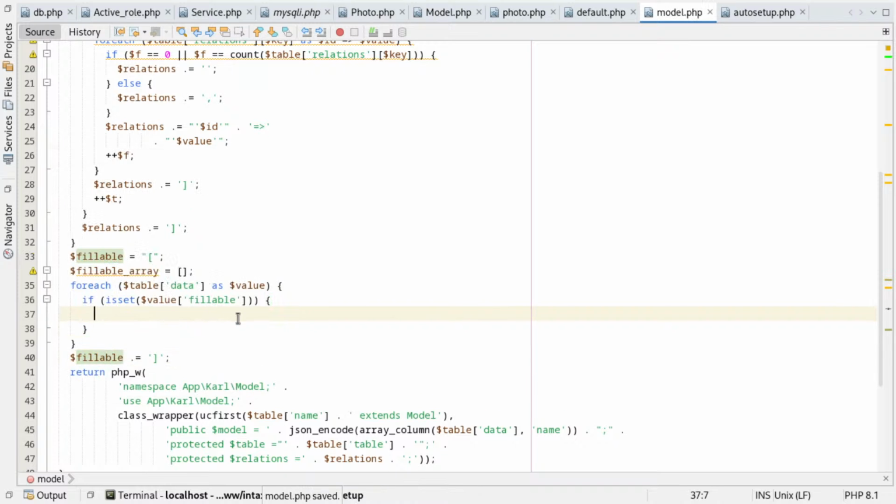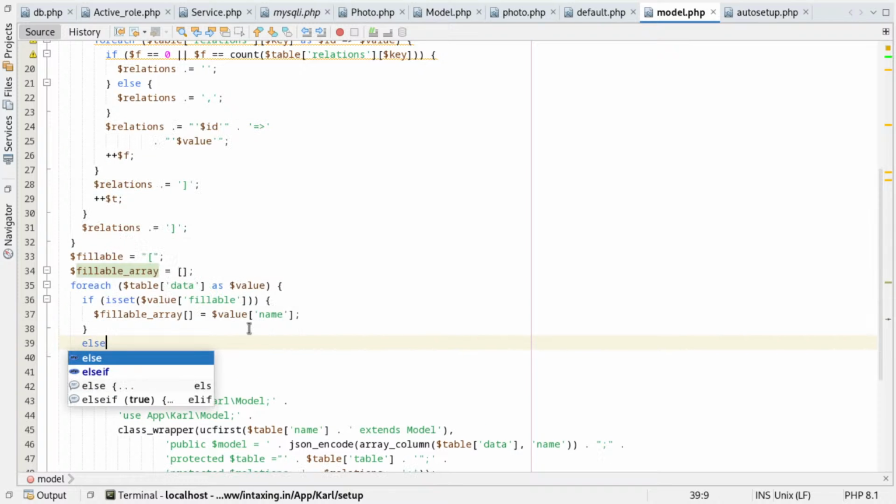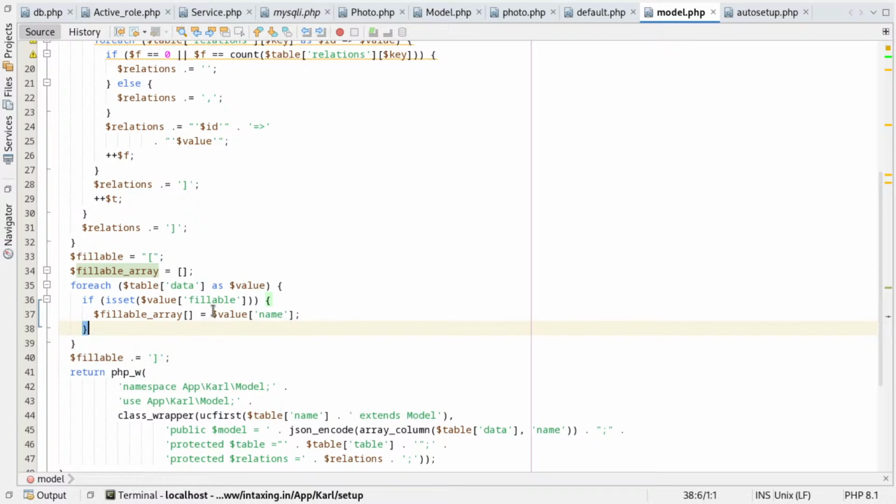First of all, if there's nothing in it, we just make it true. So value name in array, it's like that. It will be true. Else, if you're going to check that, we can check both ways,